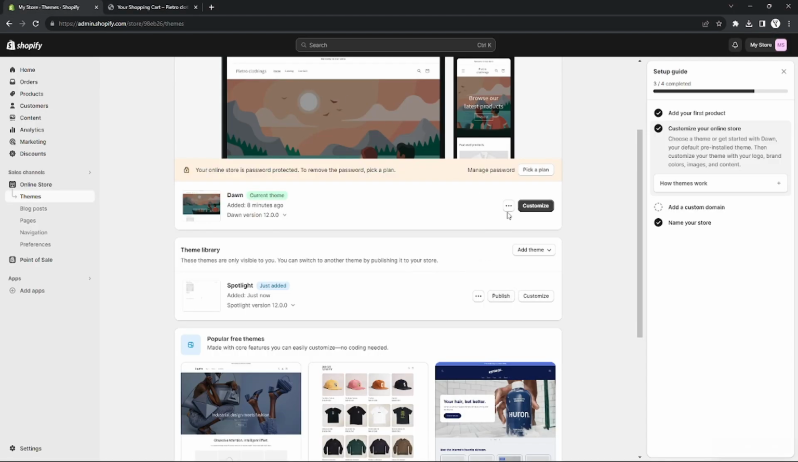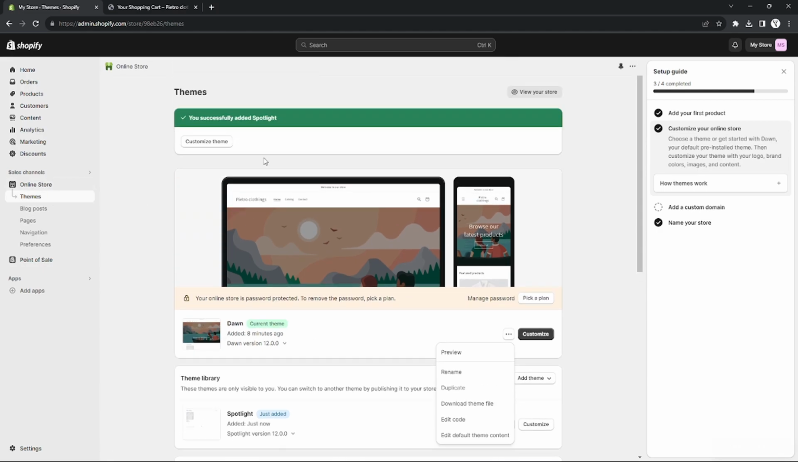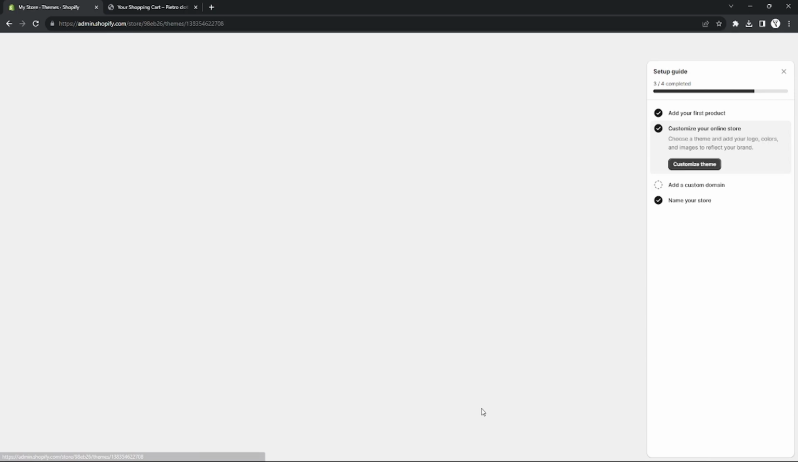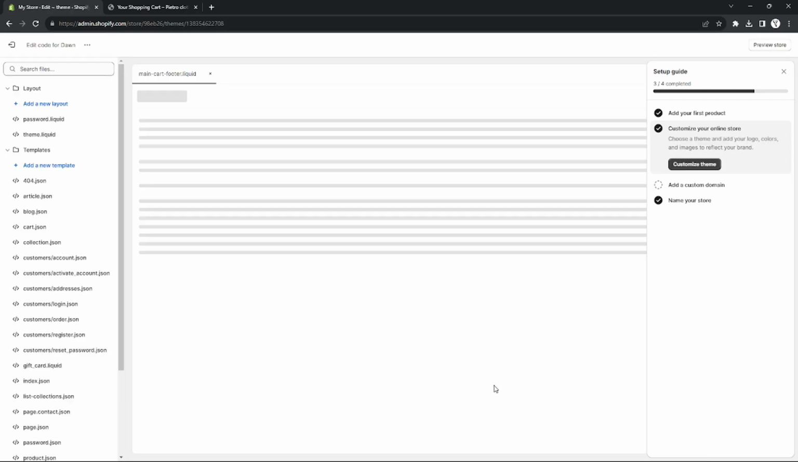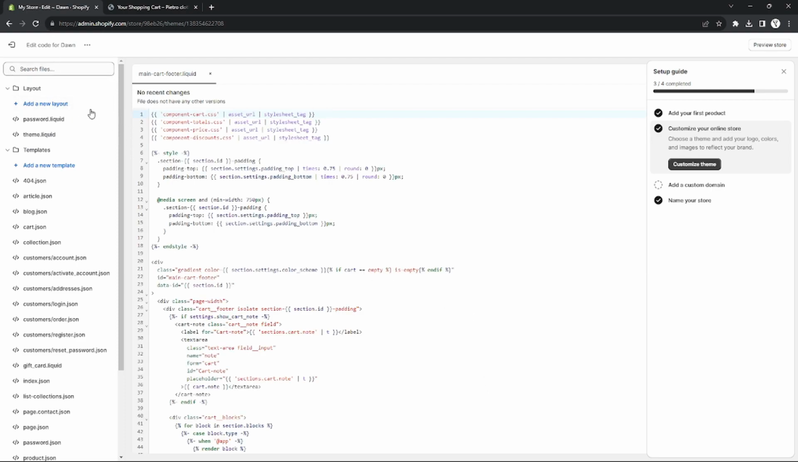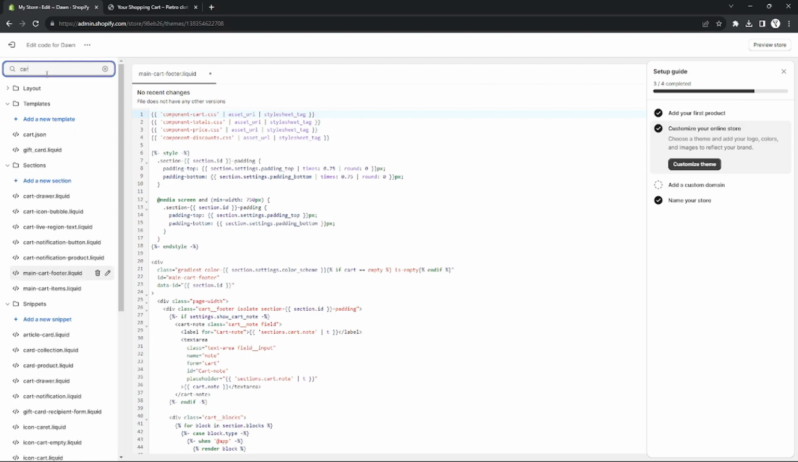You're going to need to edit your website HTML code. Go to your online store themes, and under themes, find your website template. On the side of customize, click the three dots, and after you click it, you will find edit code. Click that, and you will be redirected to this page where you can edit your website code. After you do that, search for cart on the search bar,